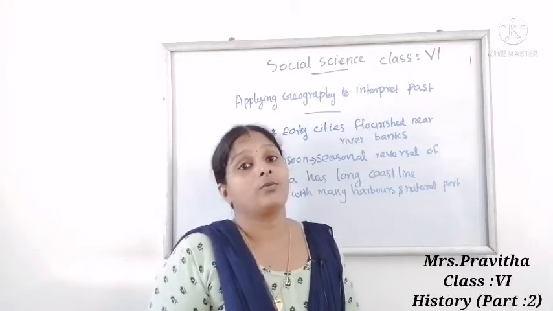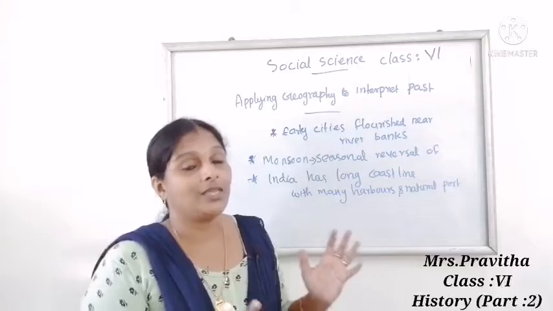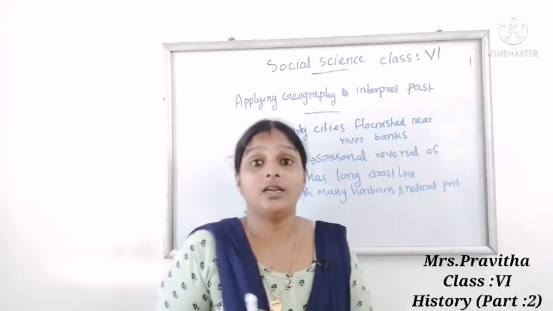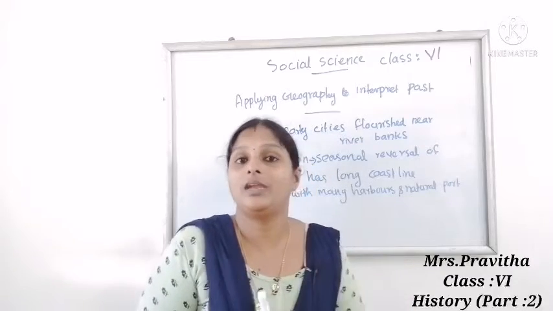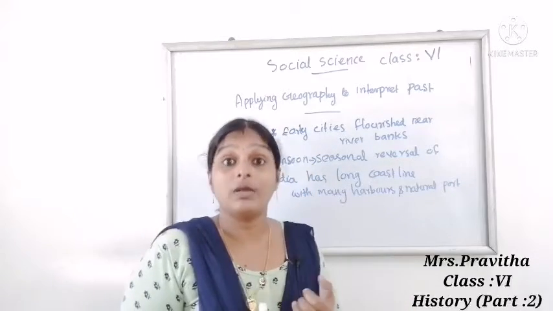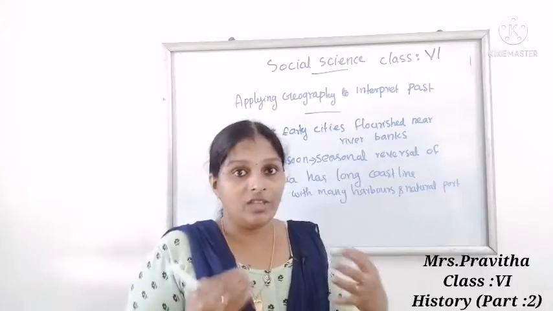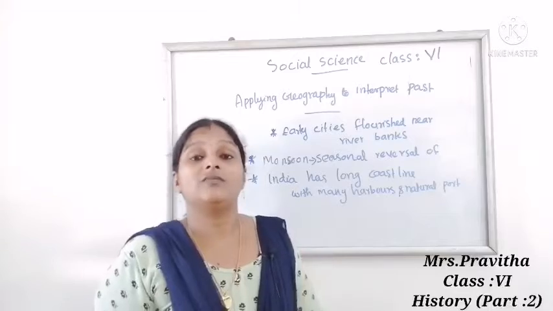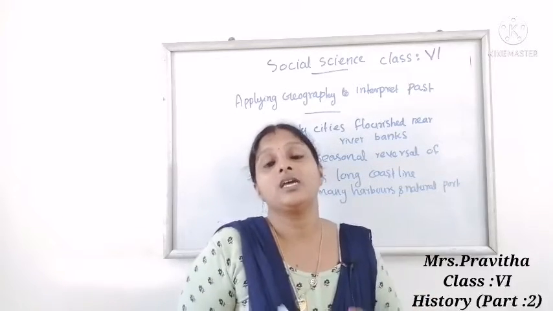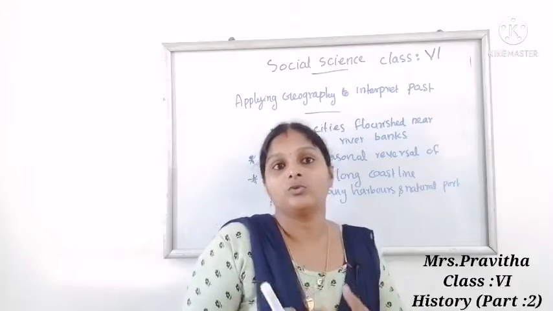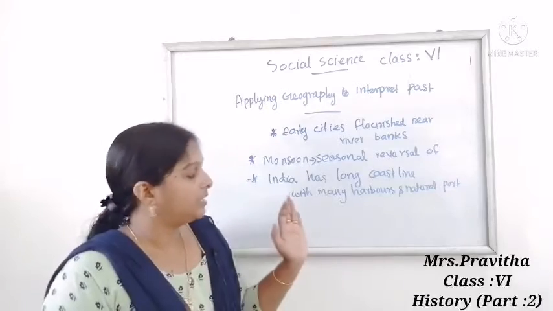So through this coastline, many trading activities took place in India. From this we can understand that India maintained a large scale trade relation with distant places, okay. India maintained trade relation with Rome, Mesopotamia, Egypt, South Asia, etc. So we maintained a trade relation with the distant places. That is the next point, how geography is related or used to interpret our history, okay. I think it is clear.